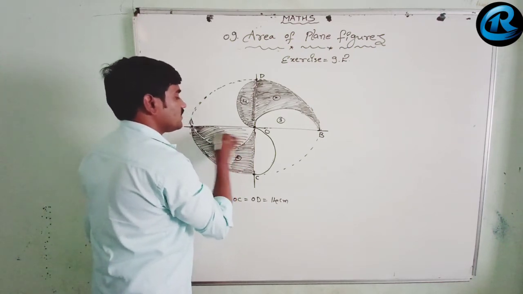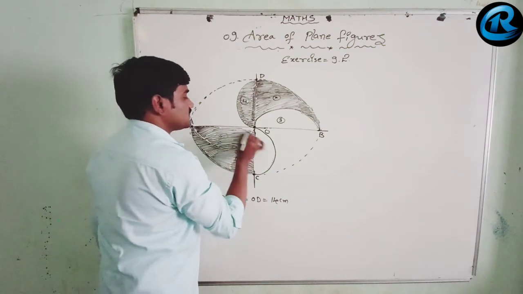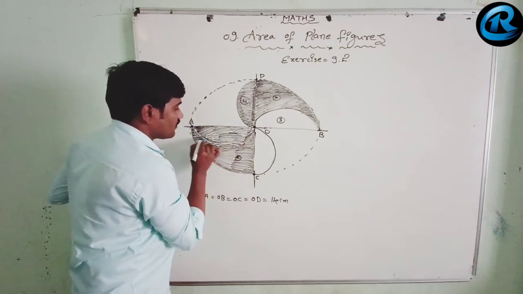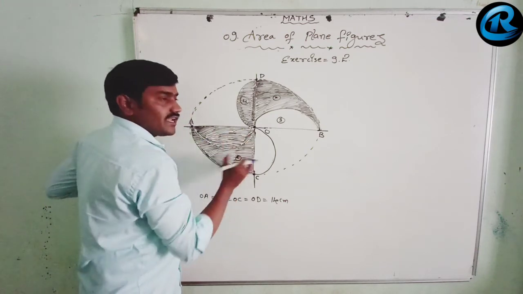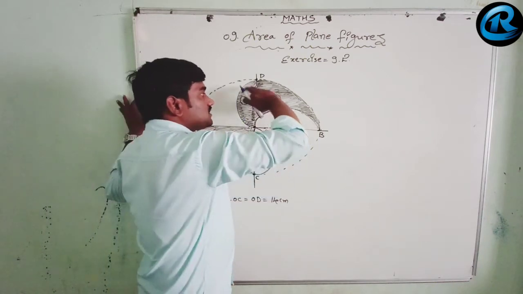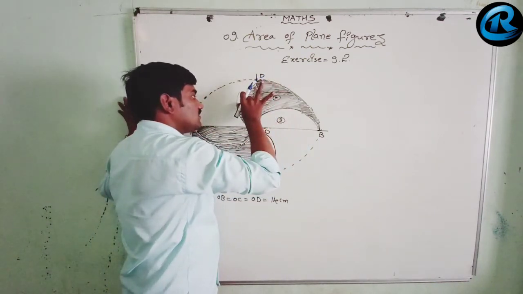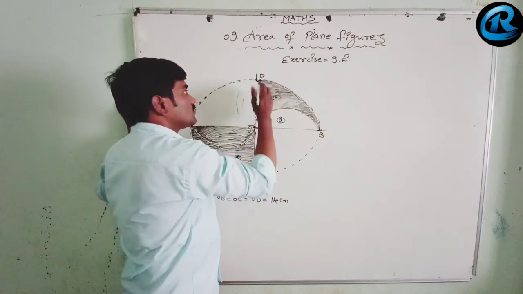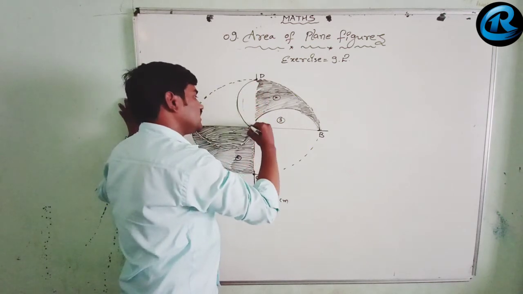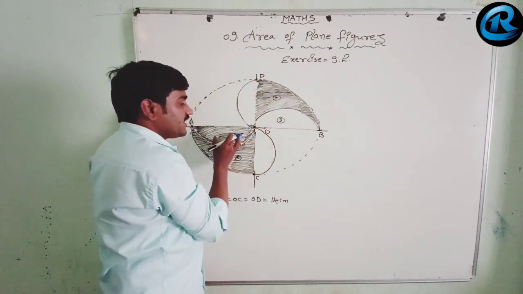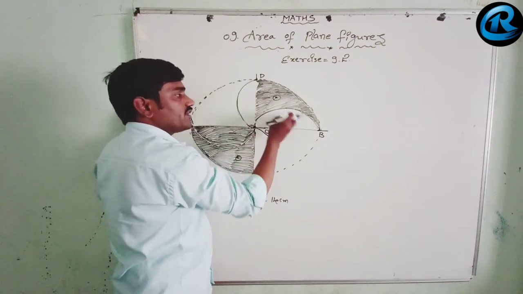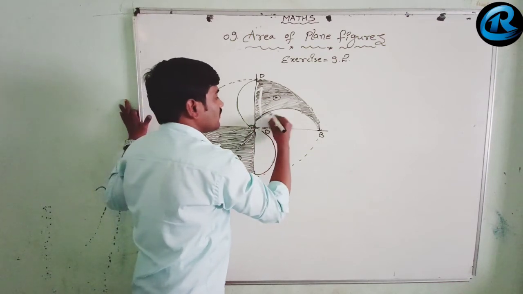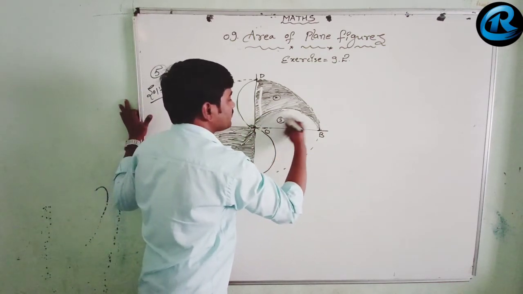And let us shade this one. So what happens is, this shaded region we are shifting to this side, like in the previous problem, and this shaded region is also shifting to place number 3. So 2 unshaded regions and 2 shaded regions, their areas will be cancelled. Suppose the area is 50, it is plus 50 and minus 50, so their areas will be cancelled now.